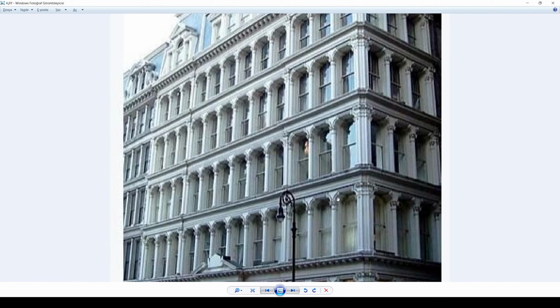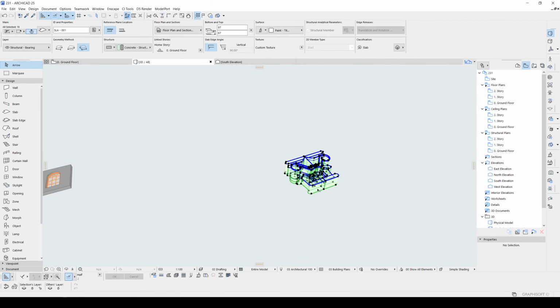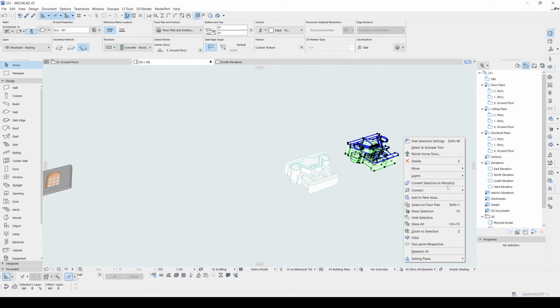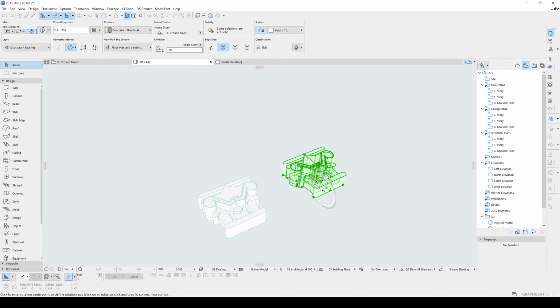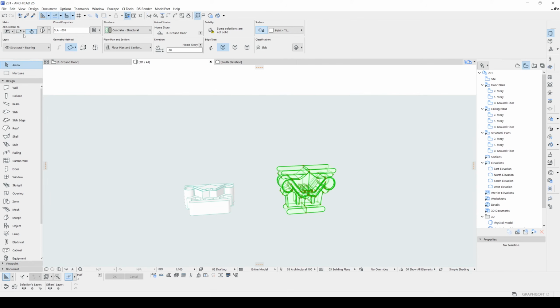You don't need to look at them from too near. You will see them far away in your renders. It will not even be noticed. After this step, I will copy this and convert to morph. Rotate as we did before and save as object.